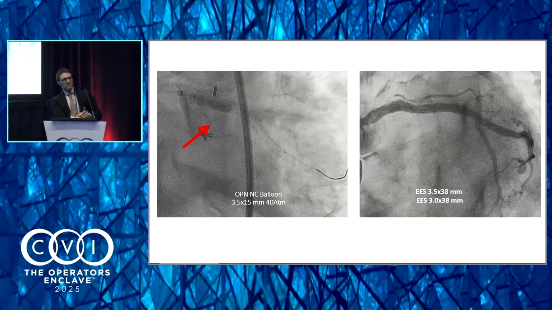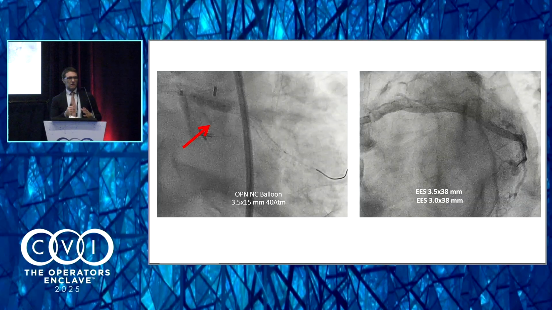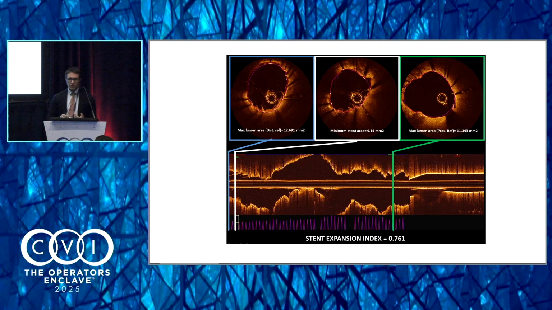Not in every case do you have this effect where the OPN NC balloon dilates, bam, there's a pop effect in the artery. Sometimes you have to convince the artery to become bigger and bigger, so you need much more dilatation. If you remember the first case, cutting and rotablation, and the intravascular picture after the first case, you can appreciate the big difference right now with the rota and OPN NC compared with the rota and cutting